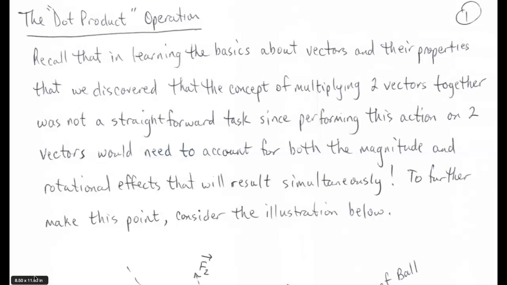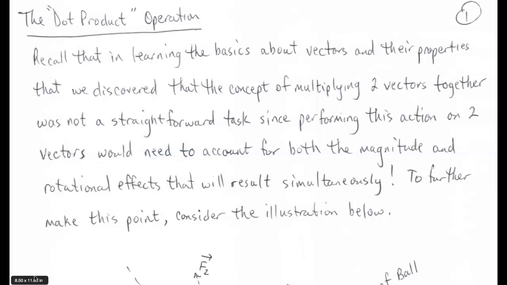So recall that in learning the basics about vectors and their properties, we discovered the concept of multiplying two vectors together was not a straightforward task, since performing this action on two vectors would need to account for both magnitude and rotational effects at the same